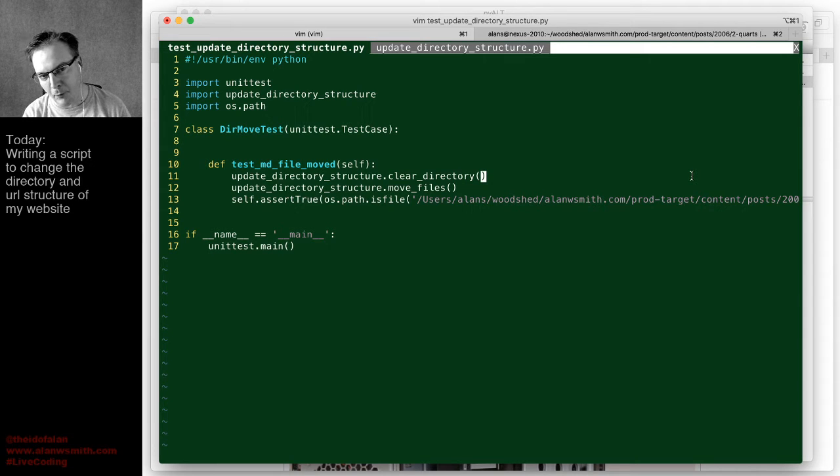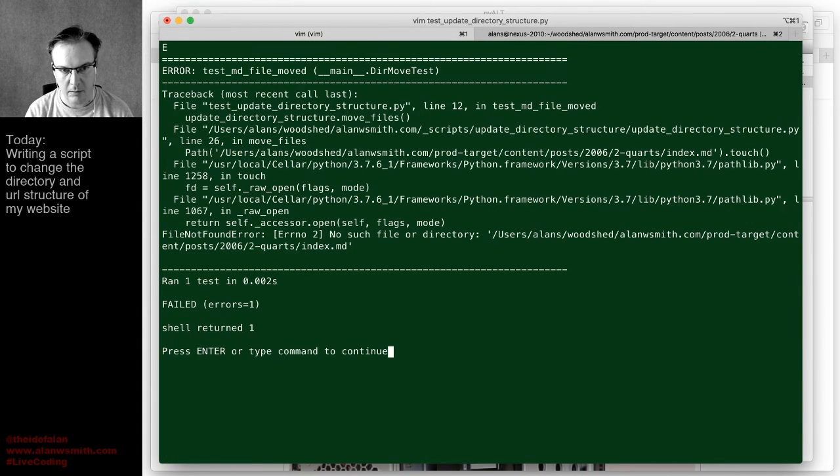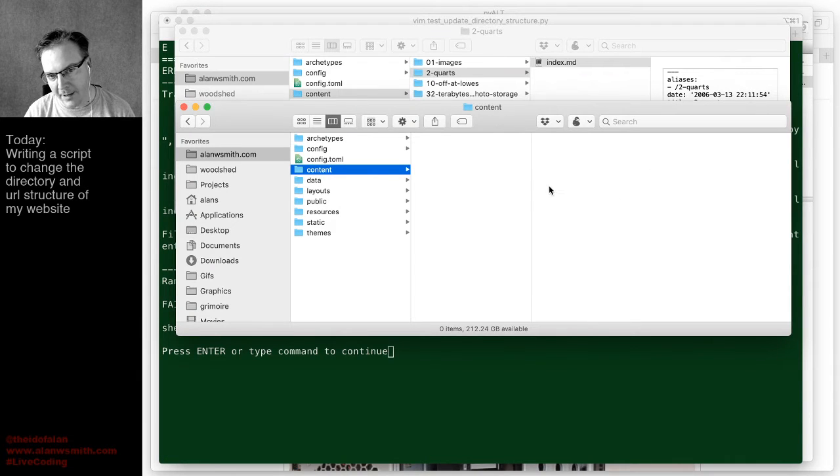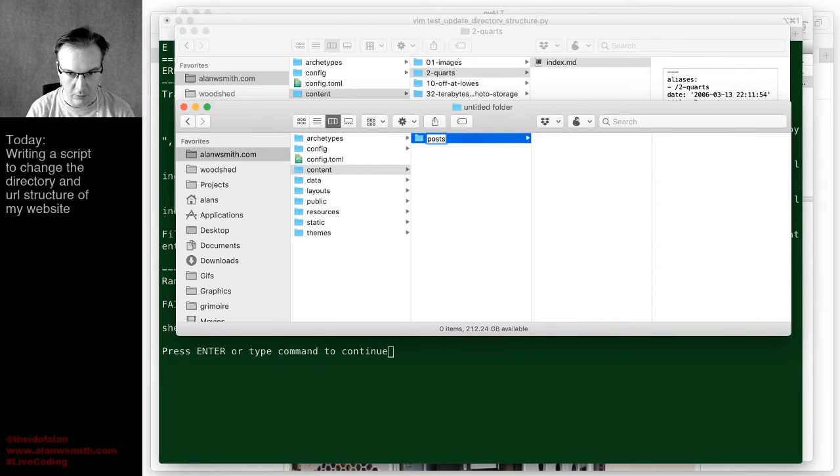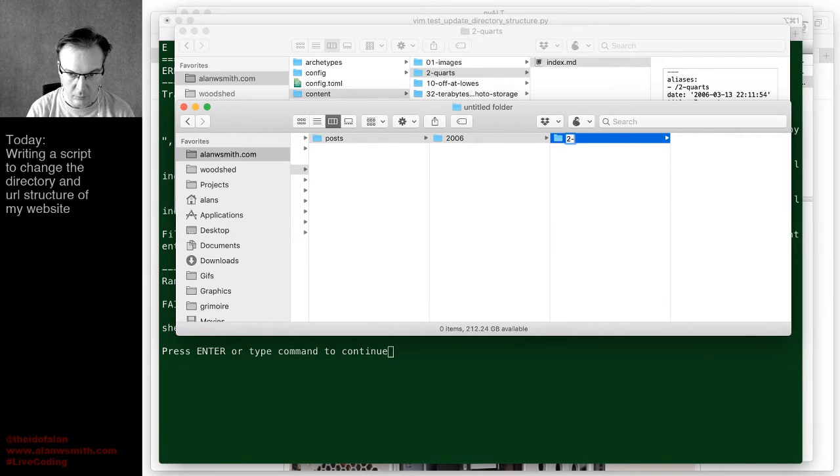I'm kind of one step away from green in terms of if I took this out. So if I comment this out, it's still going to break, but that's because I had manually put in those folders. If I manually put in those folders again, I'm going to be back to green. In fact, we can do that. Just make sure posts 2006 2